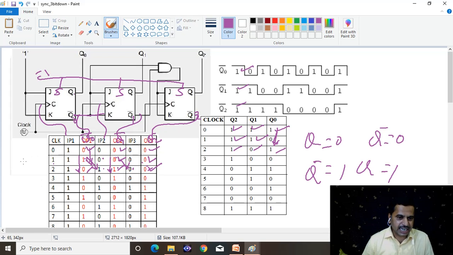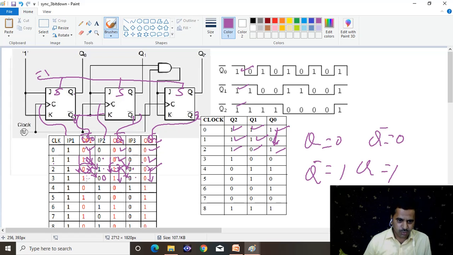At the end of the second clock cycle, the output we are getting becomes input to the subsequent flip-flops. Then we have to evaluate that. 0 to the second flip-flop; the product of this 0 and 1 becomes input to the third flip-flop. 1 into 0, that means 0 to the third flip-flop. When the third clock cycle is applied, again it changes the state from 0 to 1. The input to the second flip-flop becomes 0, so there is no change in the output, that is a 1 to 1 transition. The input to the third is also 0, so there is no change in the state.